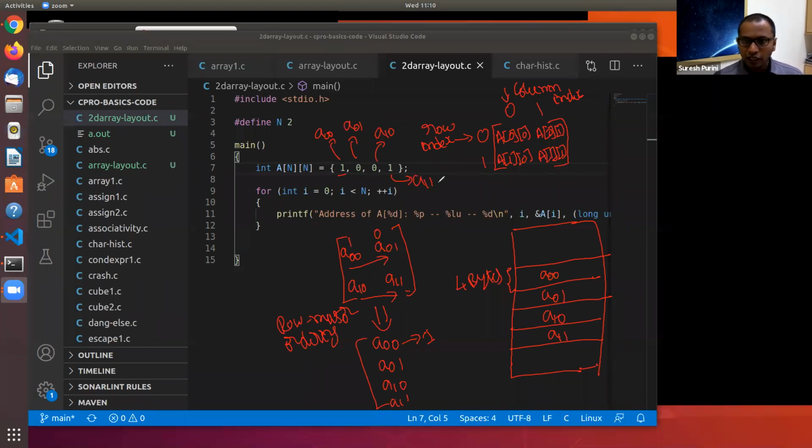In the memory, 1 is present here, 0 is present here, 0 is present here, 1 is present here. I did it because we are initializing a 2 by 2 identity matrix, 1001. It can be anything.